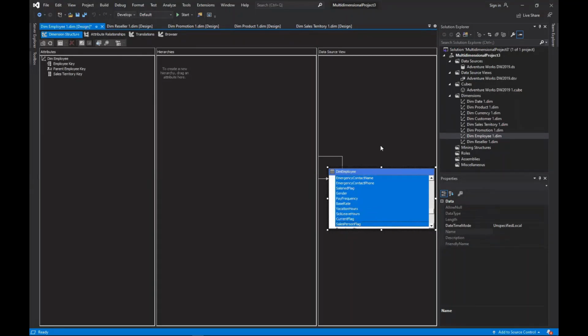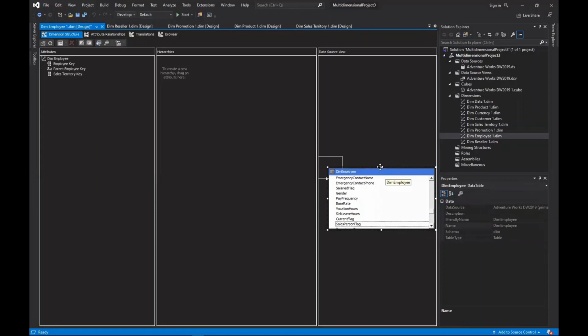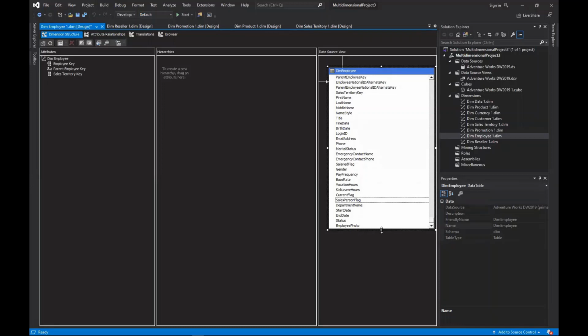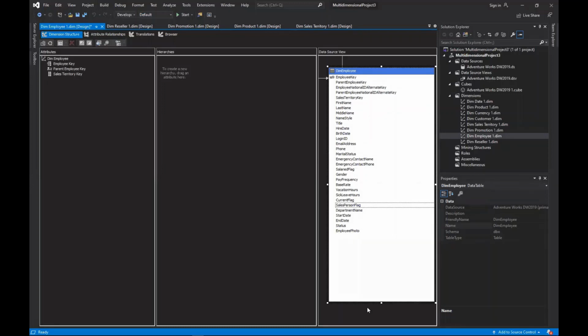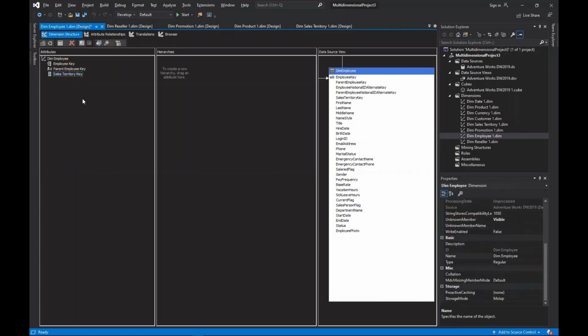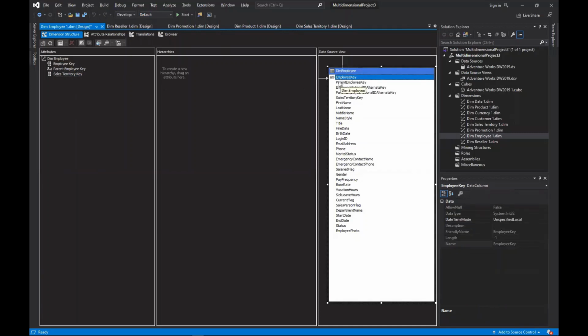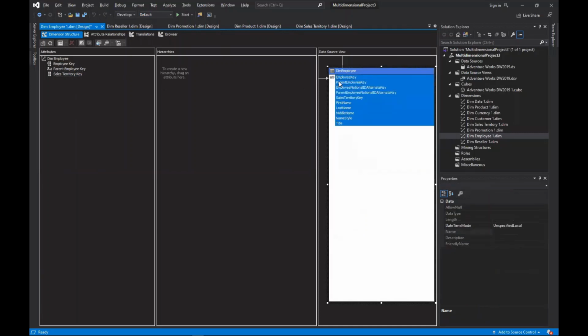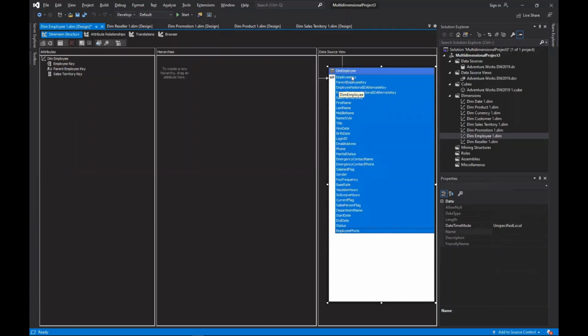So we can expand it first so we could see all the attributes available clearly. So you can see these three attributes are already added here. So we will select all of the attributes except these three attributes. Once we select all attributes, you can deselect employee key, parent employee key,